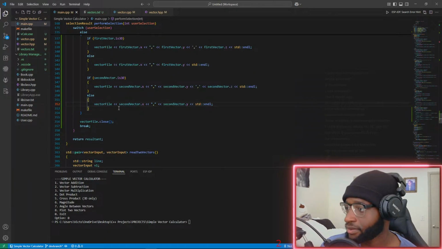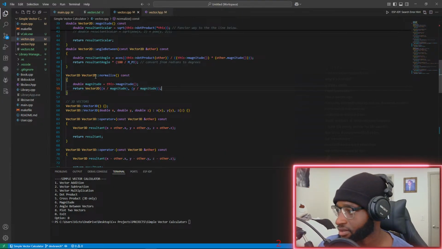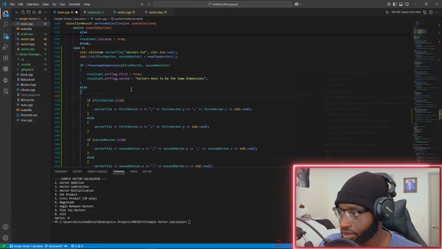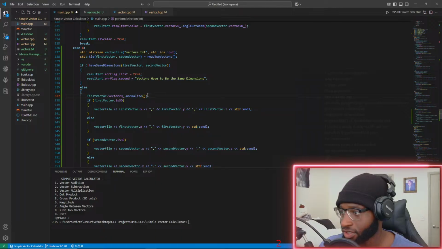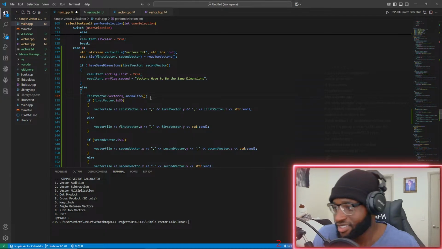If that's writing to it, actually, we need to normalize it before we... What does normalizing do again? Magnitude returns a vector. All right, so else we'll do that here. We say first vector dot vector 2D dot normalize. Right, and I should call this function and then return the normalized version of it, which is just another vector. Yeah, okay. So do I want to output the normalized version or